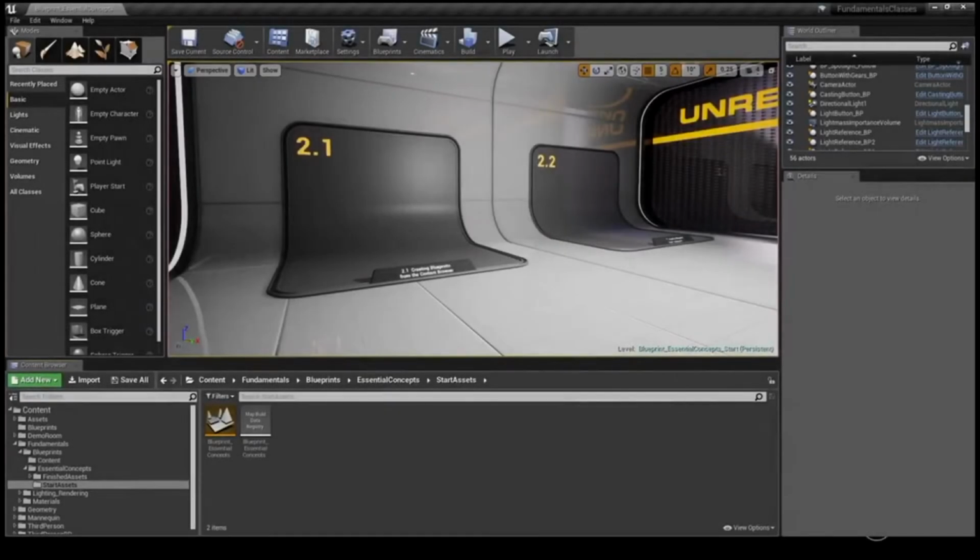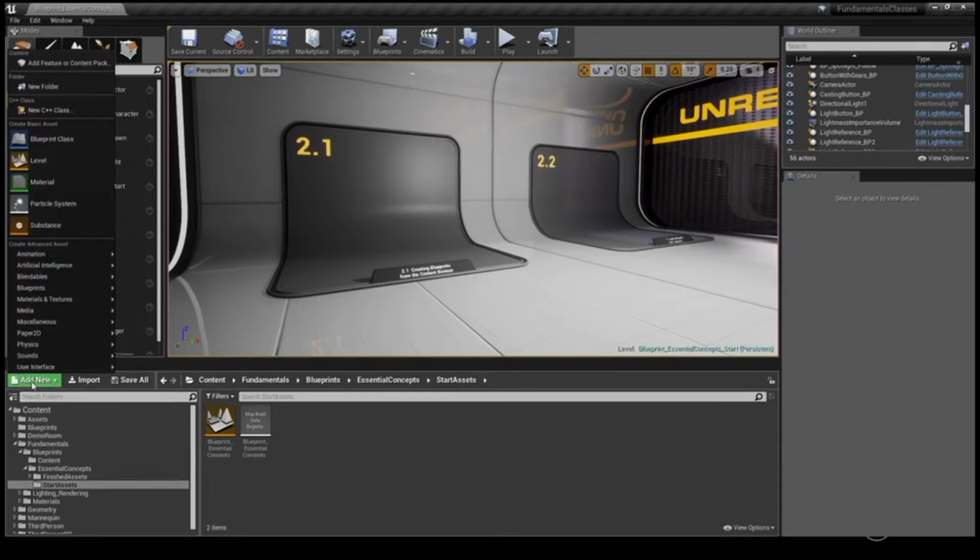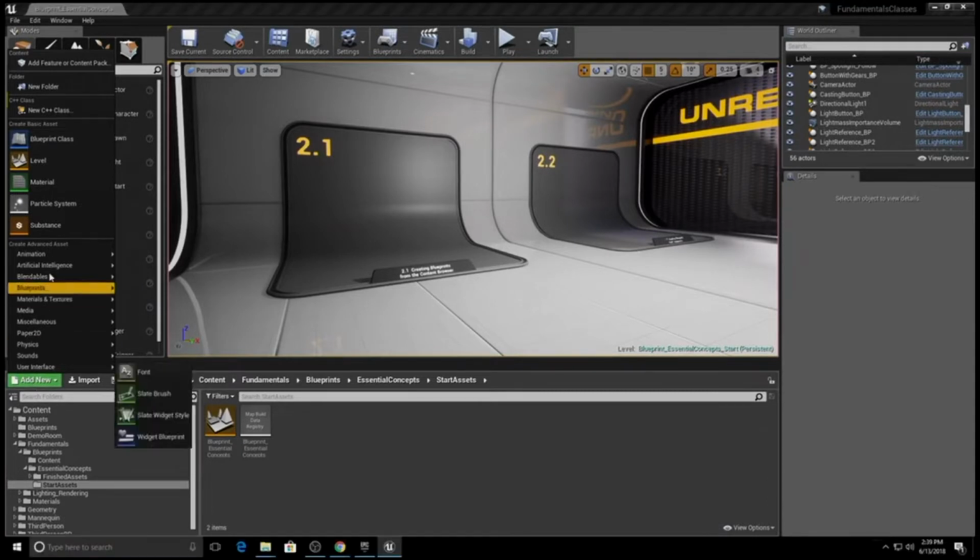Now that we're inside the editor, let's go ahead and create our first blueprint. Now there's a couple different ways that we can do this. Probably the most common way is through the content browser here. We're going to go to the Add New button. This is going to give us the ability to add all kinds of different assets, including the blueprint asset, so